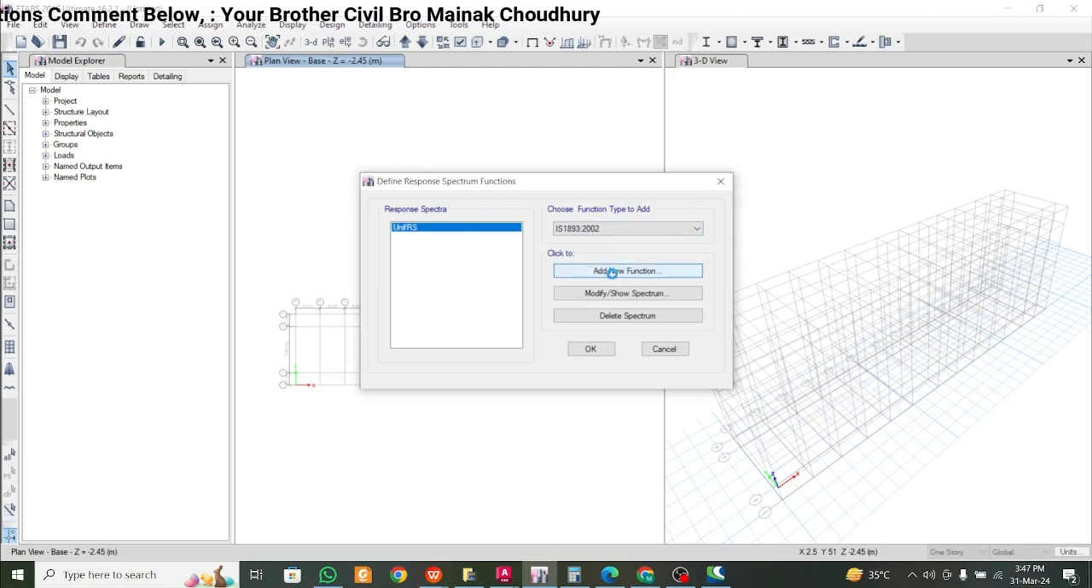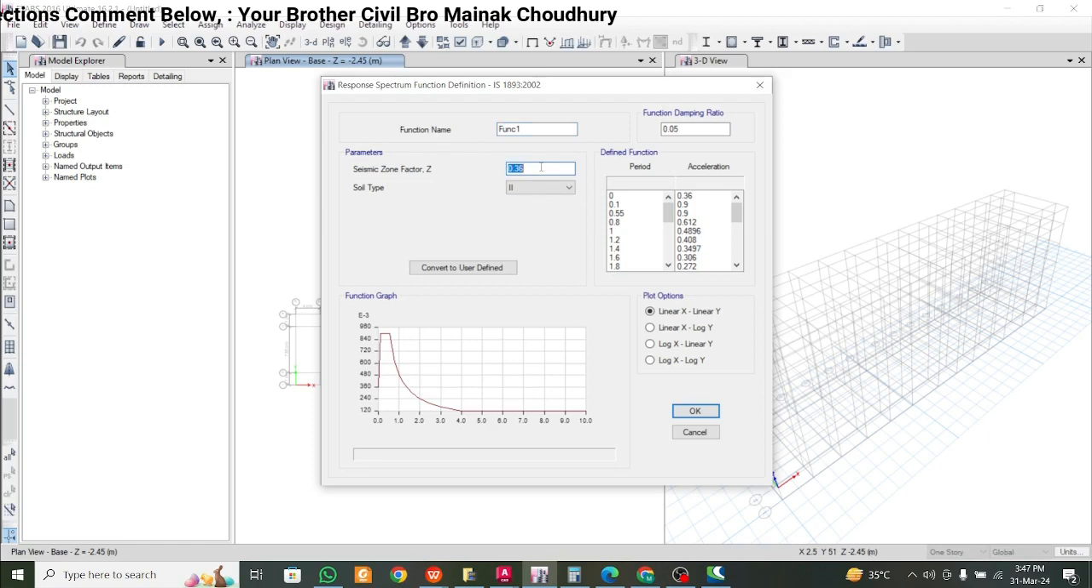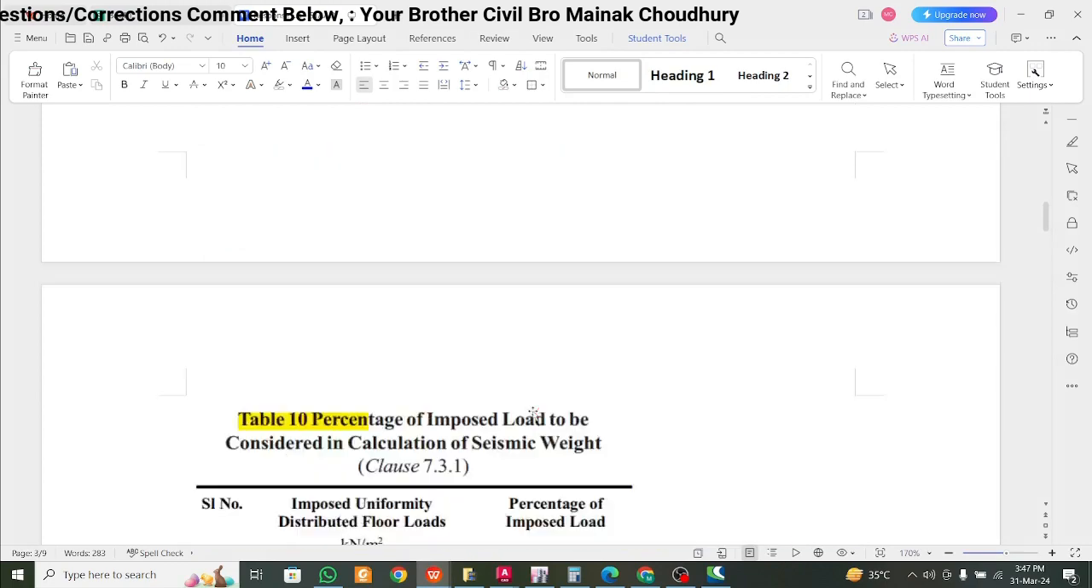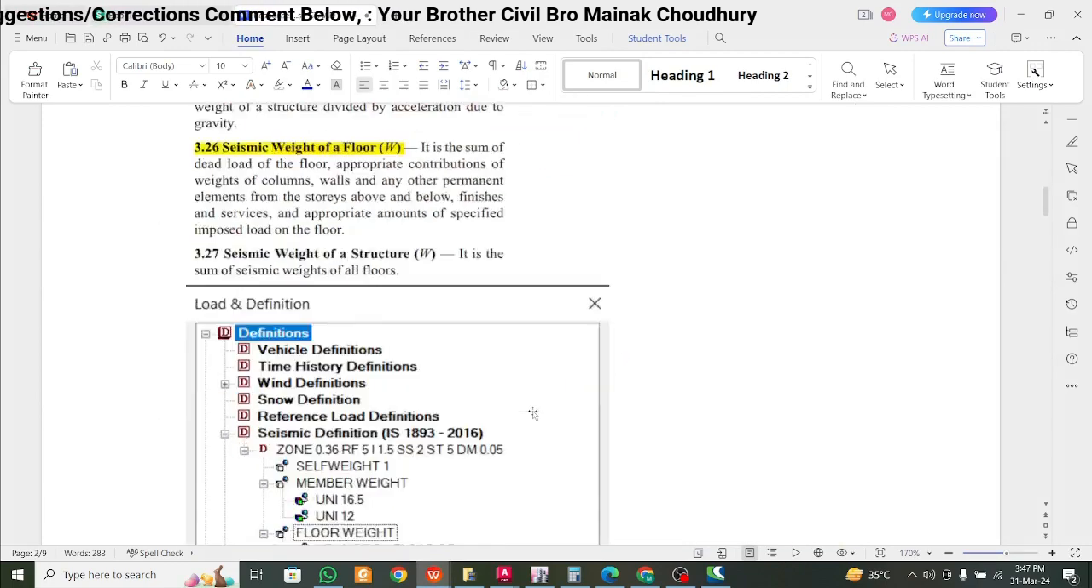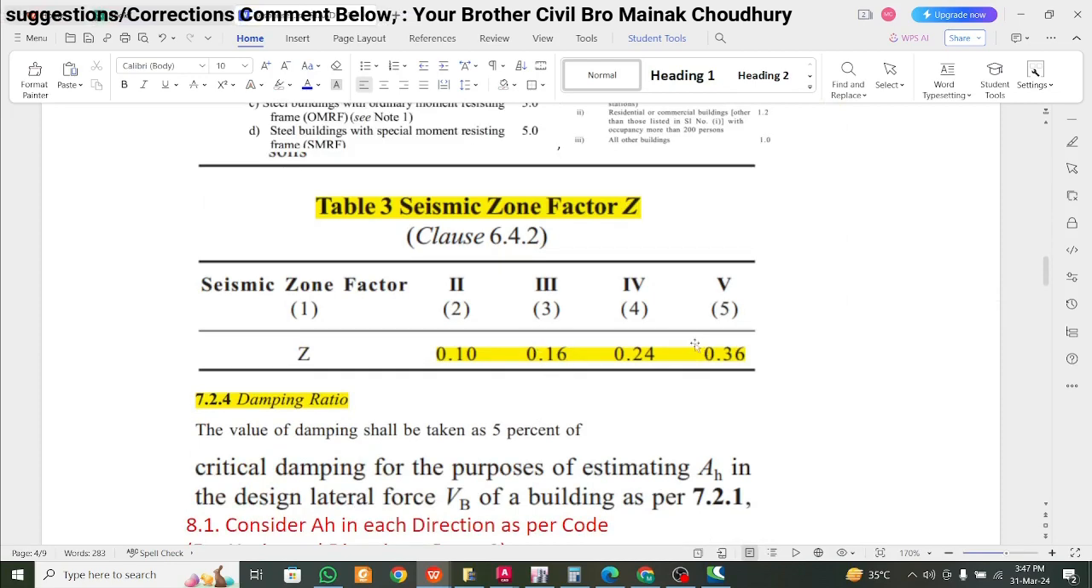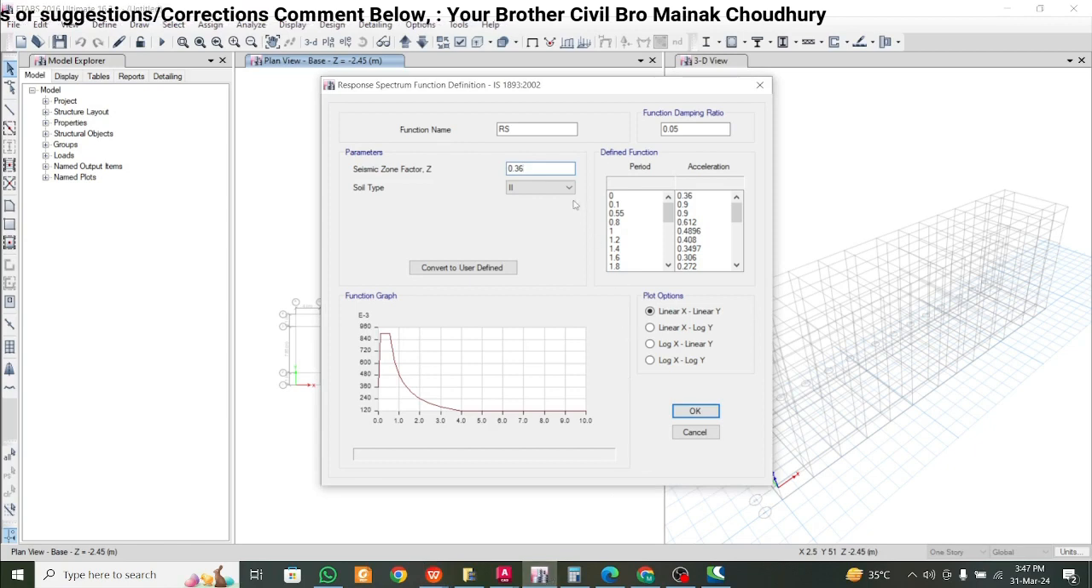So add new function here, and then you have to decide on some factors here. So function 1, I'll just call it RS, okay. And then the seismic zone factor for our building lies in seismic zone 5. So as per the table mentioned in the code, that is table number 3, the seismic zone factor Z will be 0.36. So that's what exactly they have taken here. And then we have the